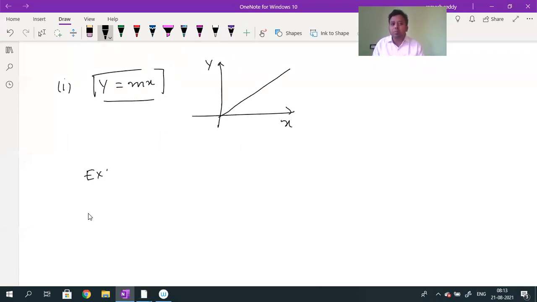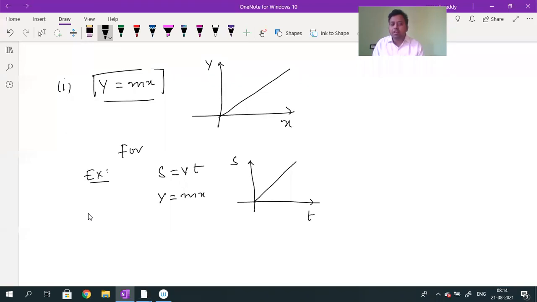Yesterday I gave examples for this. For a uniform motion, a body moving with a constant velocity, whenever velocity is constant, displacement is equal to velocity into time. This equation is of the form y is equal to mx. What do I need to plot? I need to plot the graph between displacement and time. So what is the shape of the graph? Straight line, passing through origin. I will show you the slope when it is negative and when it is positive. So S is equal to Vt, for uniform motion.